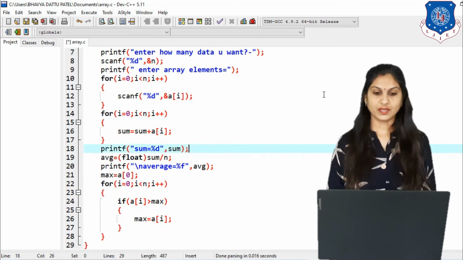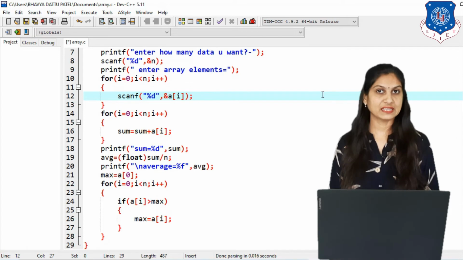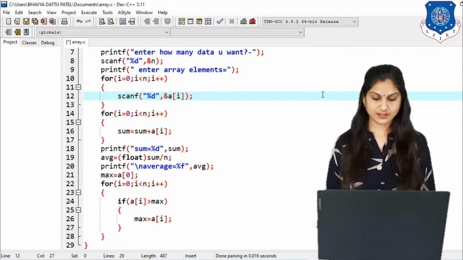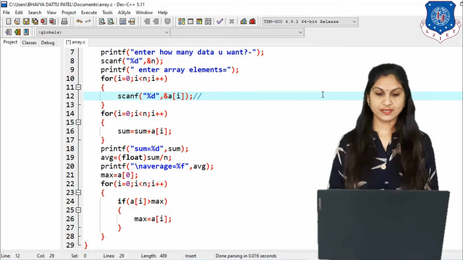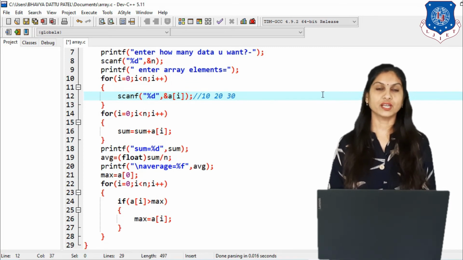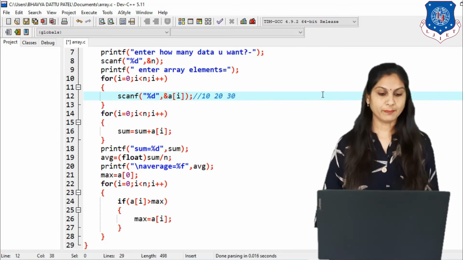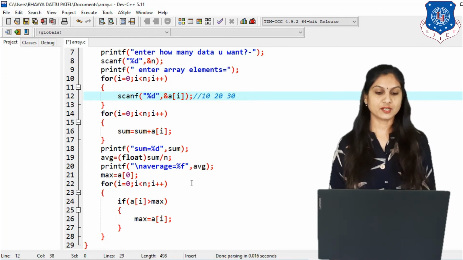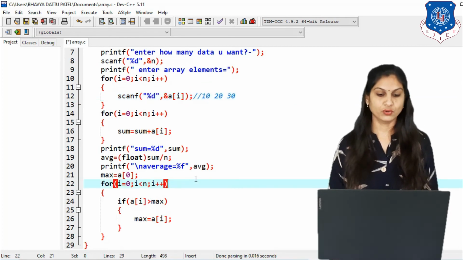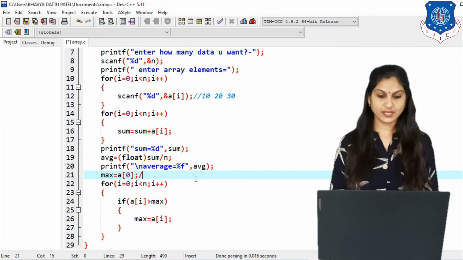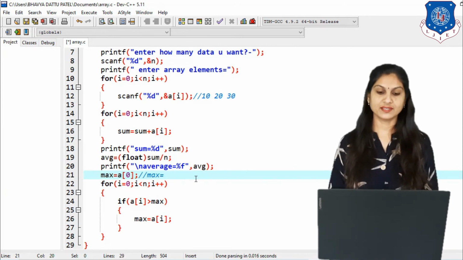Suppose in scanf we are storing the array values, 10 as the first element, 20 as the second element and 30 as the third element. So when we write max equals a of 0, max equals a of 0, that is the first value, 10.